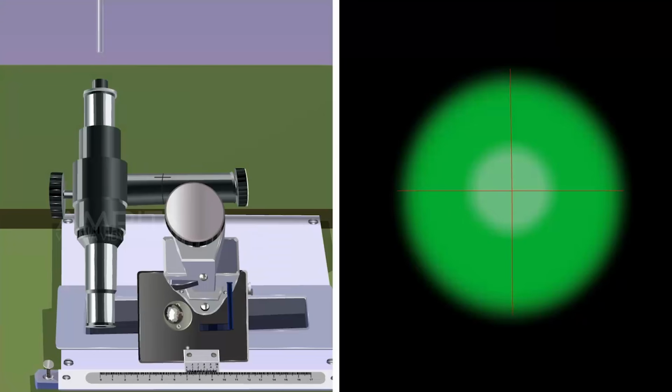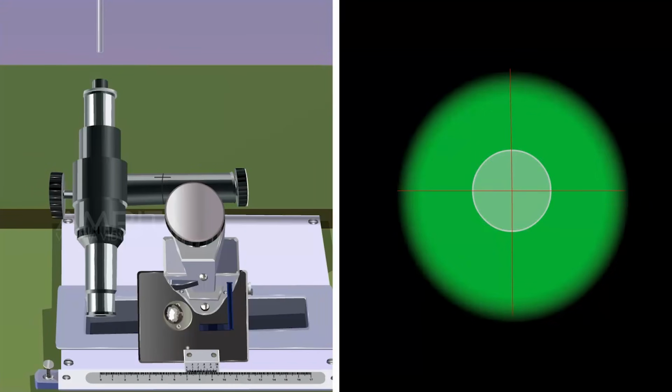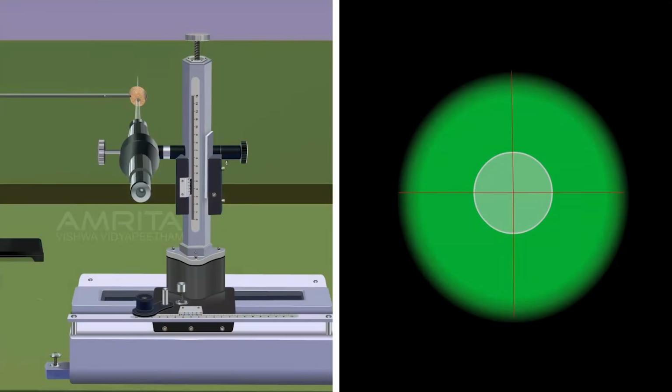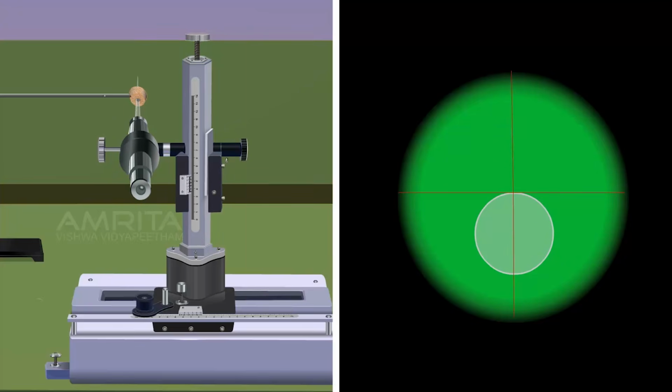Place the capillary tube horizontally on the adjustable stand and place the microscope in front of the capillary tube. Focus the binocular on the end dipped in water by rotating the left screw on the binocular in anti-clockwise rotation so that the inner circle is clearly visible. Adjust the fine adjustment screw on the top so that the horizontal cross wire rises up and touches the inner circle at B.